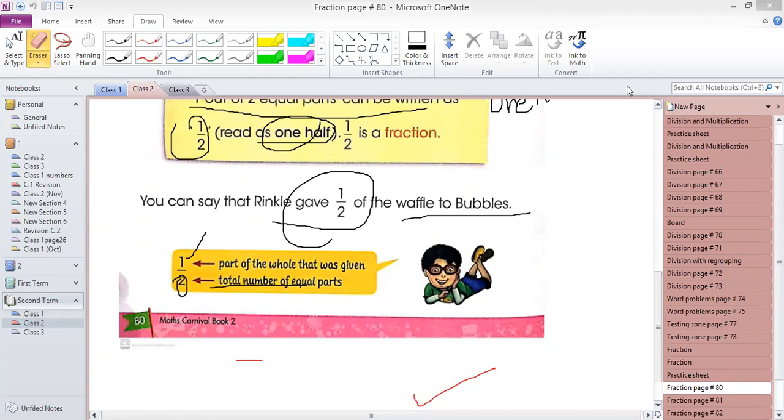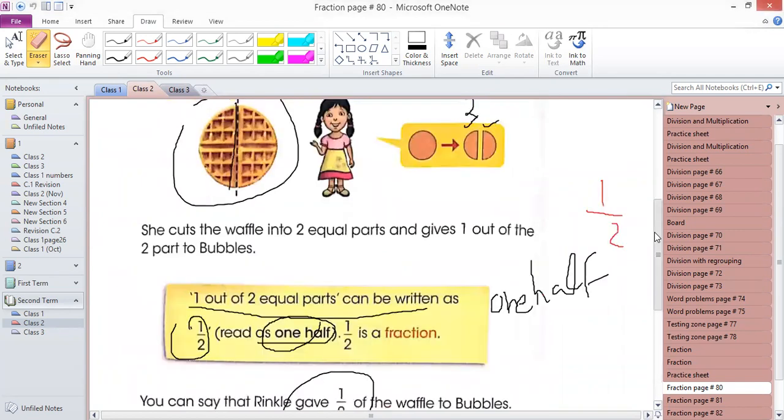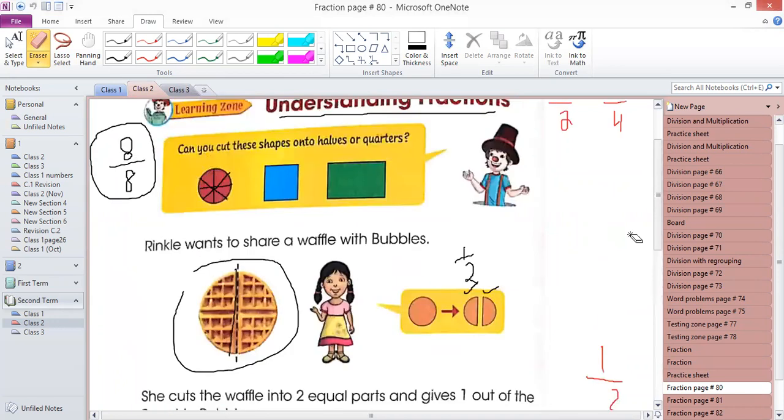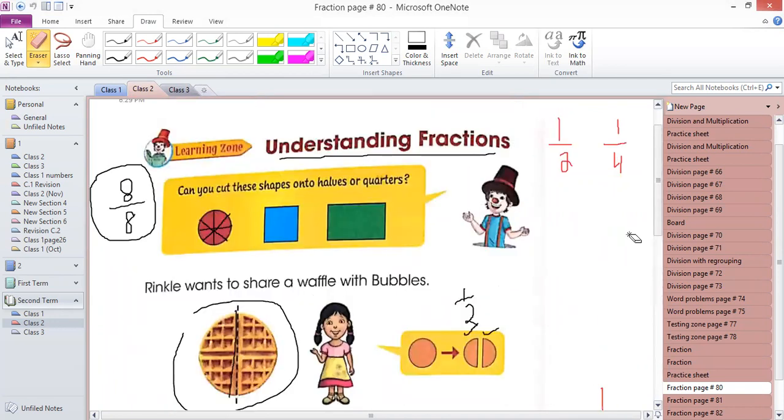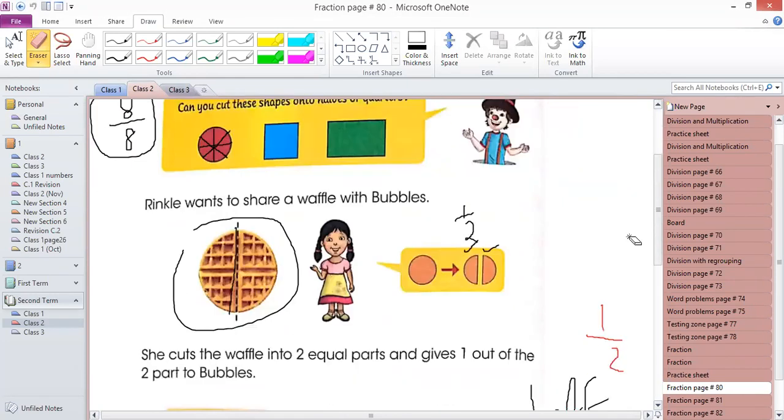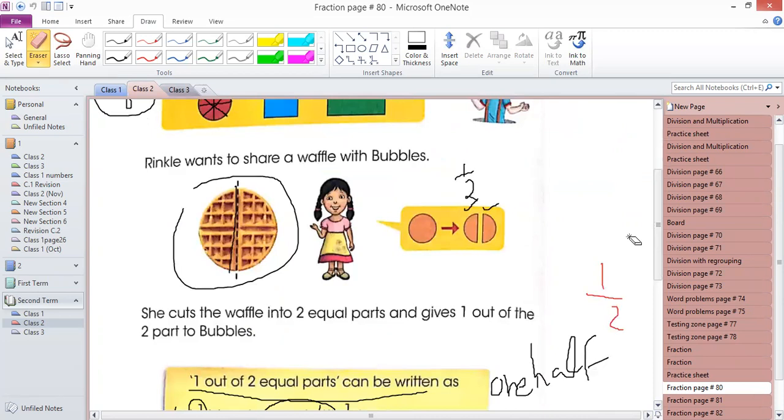We are studying fractions. So a quick revision from the last lesson, then we will continue practicing some of the questions related to fractions. In fractions, guys, you know about numerator, you know about denominator, you know what a fraction is, you know how to write a fraction. Okay. In the last class, we also discussed how to read a fraction.